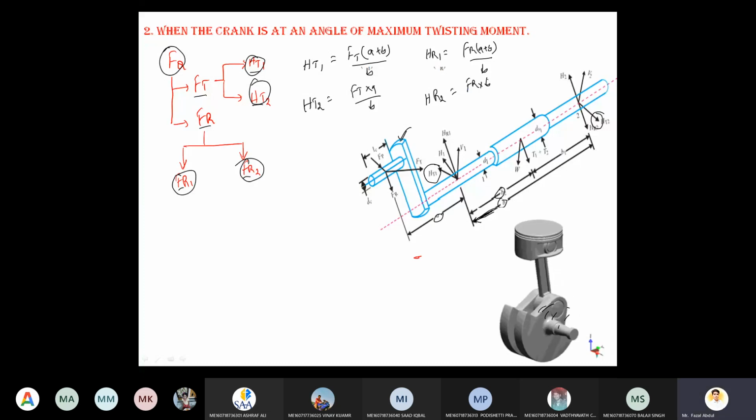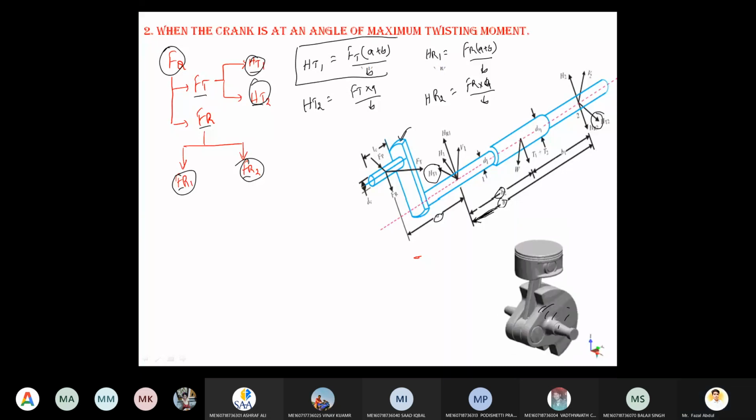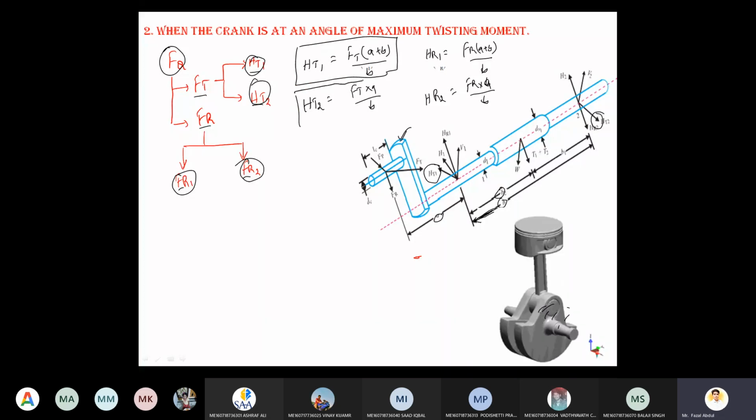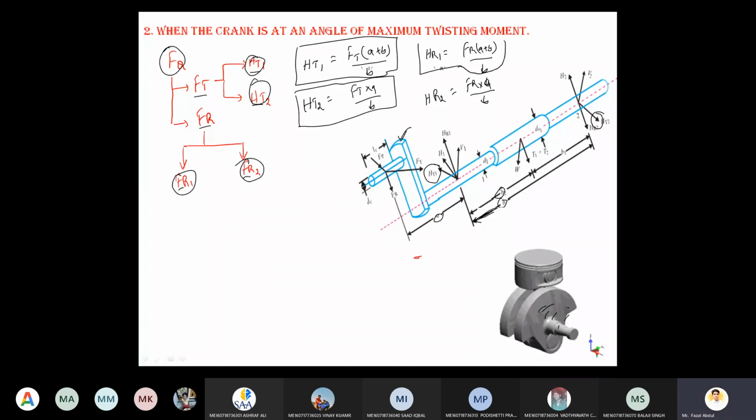So here derivation is not important, because in the examination they ask only to solve the numerical. So these equations are the only important ones. Derivation is not important here. Wherever I find something important, I explain that. Okay, Babu. Whatever I am making a rectangle around, those equations are very important.